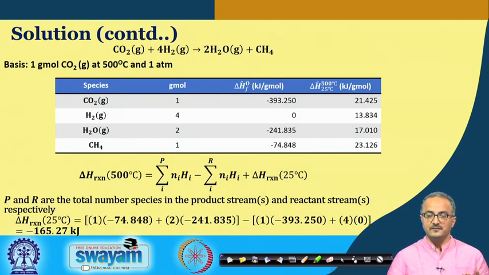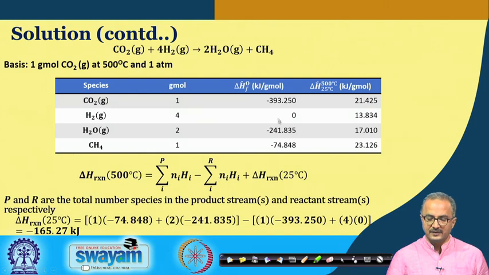So, in this case we find that Ni is the same as nu I, but in general this Ni need not be the same as the stoichiometric coefficient. There could be excess of reactants also. In that case we have to account for the actual number of moles of the reactants. Okay. So, that is why we are putting Ni and not nu I.